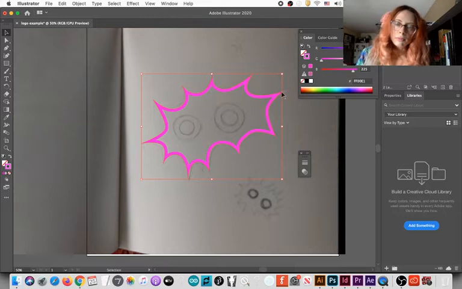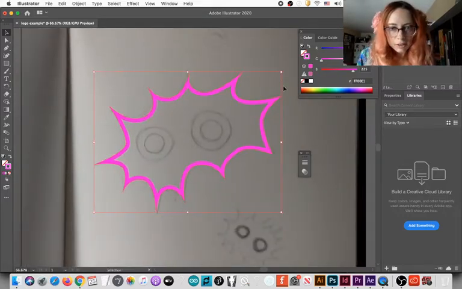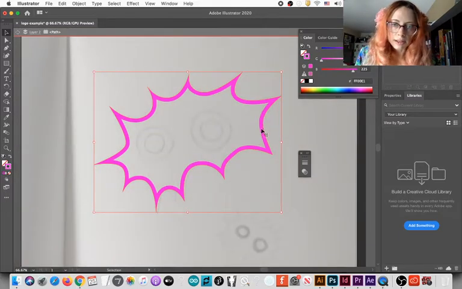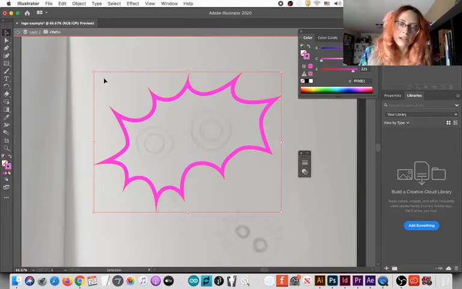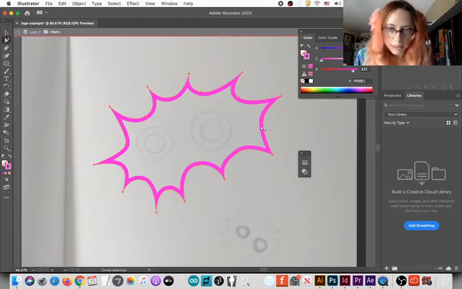I see some of the curves that I don't really like. This curve, I want to be more curvy. This path here, I want to be more curvy. Double clicking will isolate each and every shape you're working with. This works only on Illustrator. On Photoshop, it's a little different.